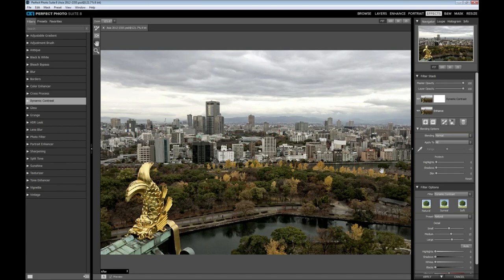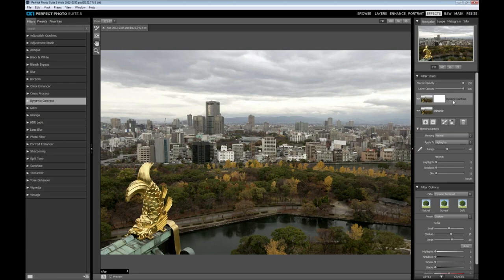So with that, I'm going to show you a little trick that I learned from Matt Kloskowski. He did a great seminar with onOne, and we've applied this dynamic contrast to all the tones, including the highlights, midtones, and shadows. But you can sometimes get a better effect if you skip the midtones. One of the products that I've used is the Nik software suite, and when I use its tonal contrast, which is a similar concept, the first thing I do is turn off the midtones. This allows you to do the same thing if you're coming from that product or have experience with it. So I'm going to say highlights,